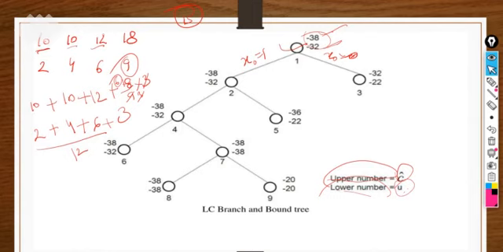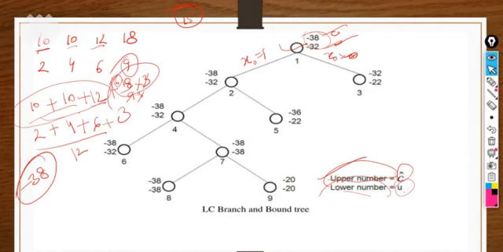So what will be the total cost here? 10 plus 10 is 20, 32 plus 6 is 38. So minus 38, this is a cost I have just mentioned here, the upper number. What will be the lower number here? The lower cost that is possible if we exclude this fractional part? 32 only. So I have mentioned 32 here, right? If I am including it, both the lower number and upper number of the cost remain as they are. And if I'm excluding it, what will happen?